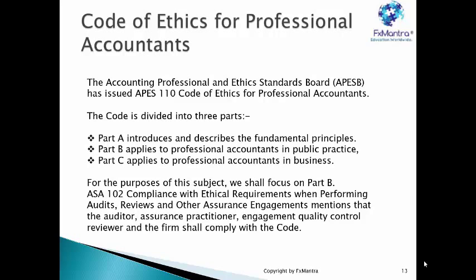Now, since we are trying to understand the basics of auditing and assurance, Part B of the code is of extreme importance to us. Part B applies to all professional accountants in public practice. This is the reason we will be trying to understand the requirements of Part B. It is a very extensive requirement. It gives very practical guidance on various circumstances, situations and relationships an assurance provider may be faced with, where at times he may have some kind of threat in complying with the basic fundamental ethical principles. So this is the reason Part B is the main focus of this code in terms